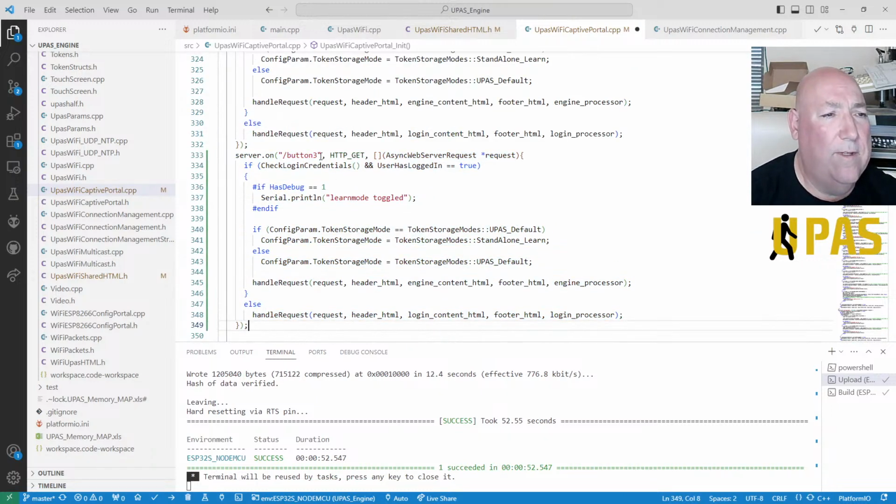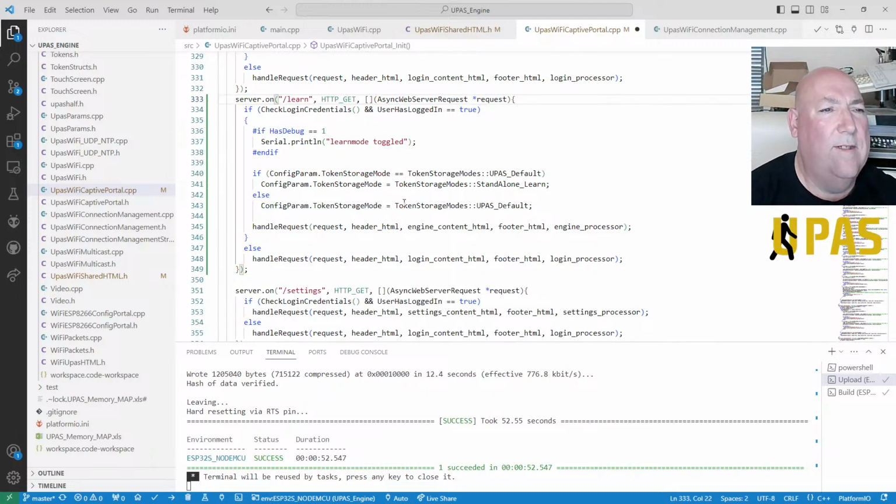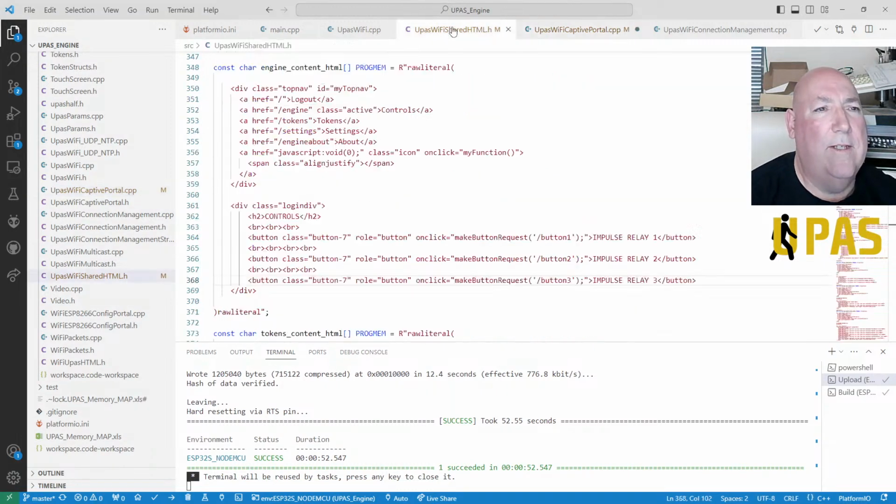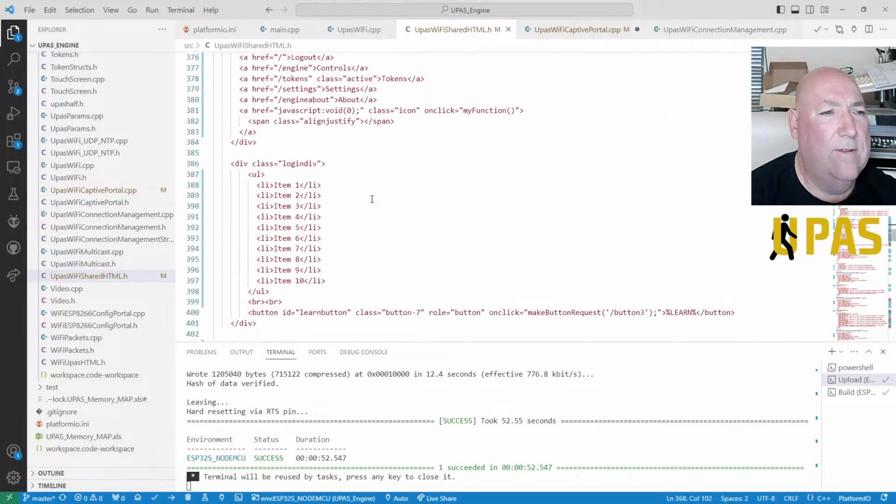And we're going to call this learn mode. Just call it learn. Right, okay. Learn mode. Right. So we've got learn mode. We have to go back to the code here and go back to our tokens.